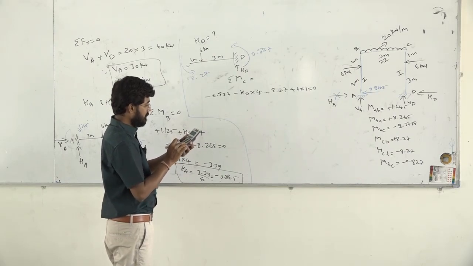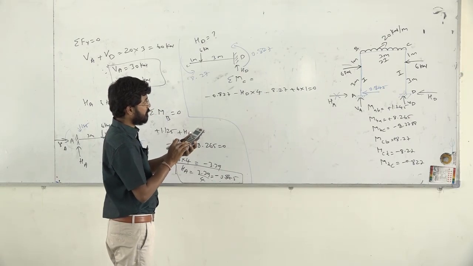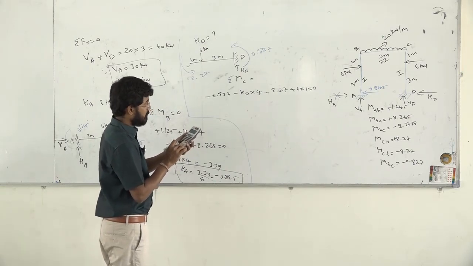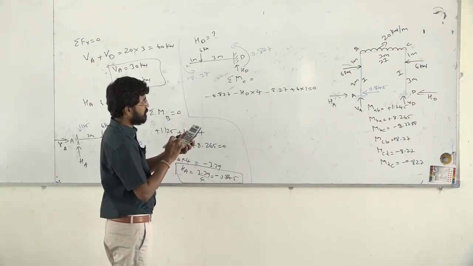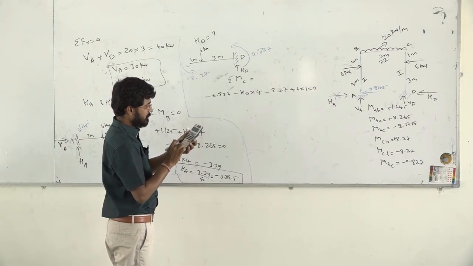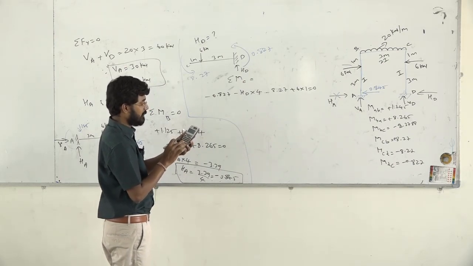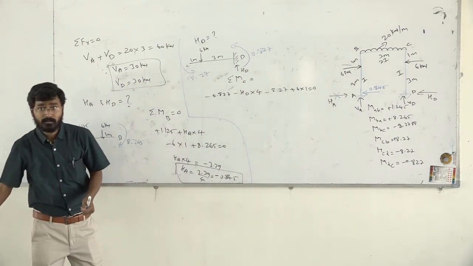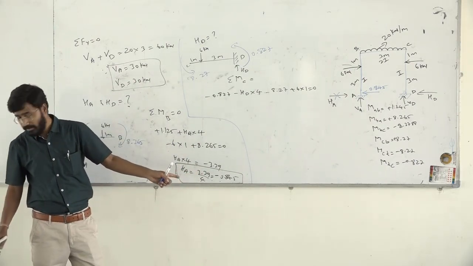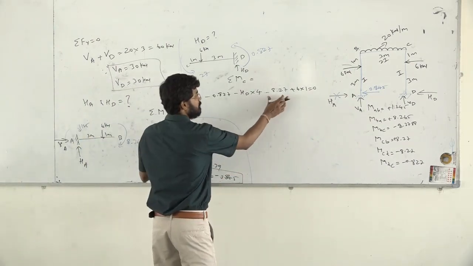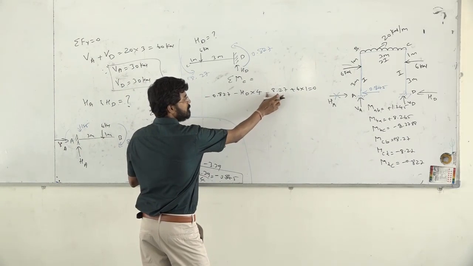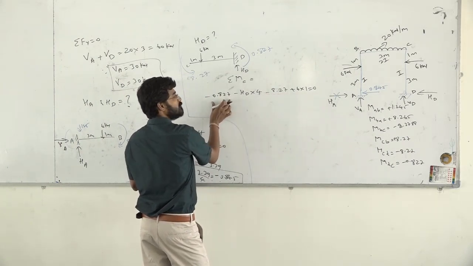So we have got it as minus 0.827. We have got minus 8.27 again plus 6, which is equal to 3.097 divided by 4. So we have got an answer of minus 0.845. So again here also we have got an answer, why? Because if you see, this is minus 8.27. This is minus 0.87.